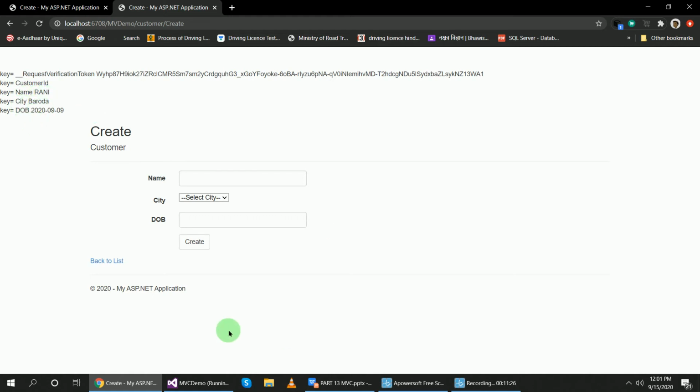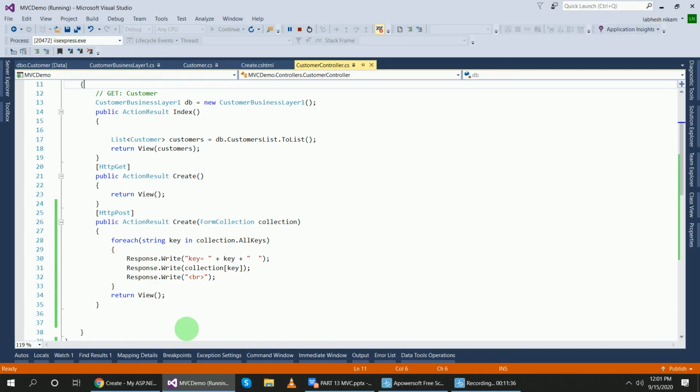Okay. Now these key values just display on the dashboard, but we have to add the record inside of the database. So what we will do, we will remove this and use the object of the class.